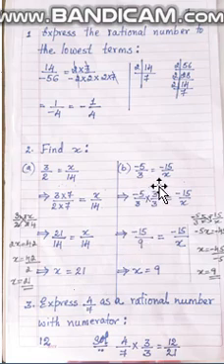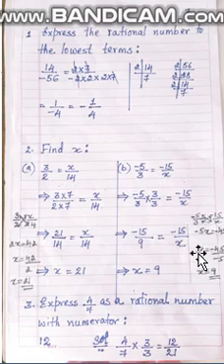Then minus 5 by 3 is equal to minus 15 by x. Now 5 into 3 is equal to 15. Multiply the numerator by 3. Multiply the denominator also by 3. So this becomes minus 15 by 9 after multiplying, equal to minus 15 by x as it is. Then minus 15 in the numerator is the same. So what is the value of x? The value of x is equal to 9.